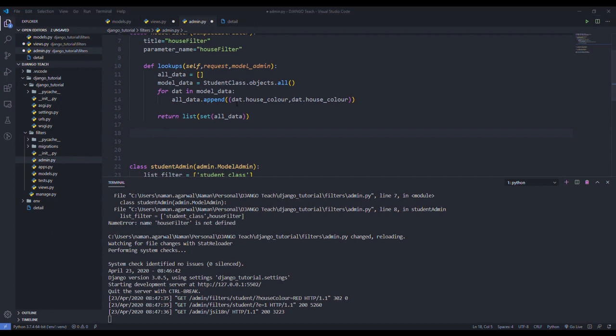So now I will start with defining a queryset. The queryset will be the data which would be returned when a particular user selects a filter. After that, request, comma, queryset.